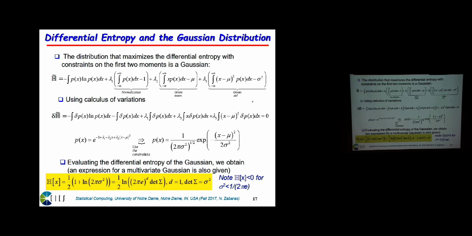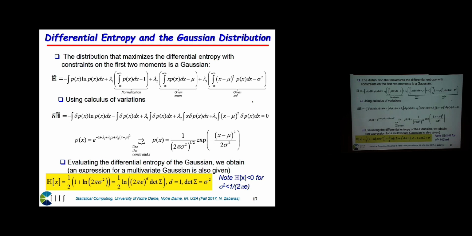So the way you do this is you use 3 Lagrange multipliers to enforce the constraints, and rather than maximizing H, you maximize this curly H expression that you see here. And you use calculus of variations. I would like to assume that this is not new to you, right? If it is, when you take your math course in the first year and the professors don't cover calculus of variations, start screaming. Okay, and I mean it. Because it's a fundamental problem.